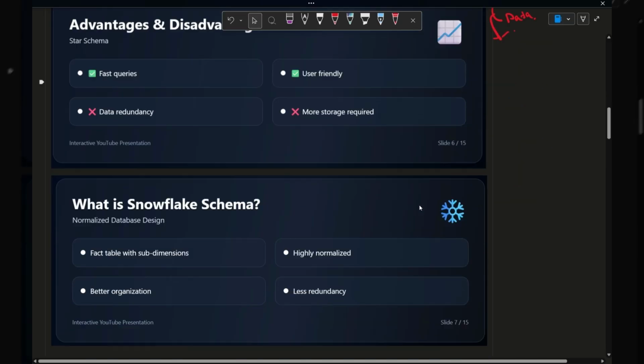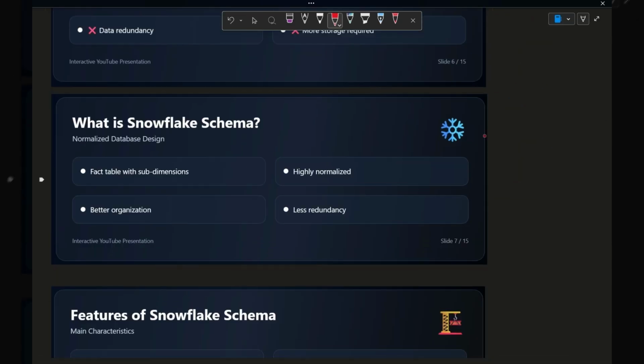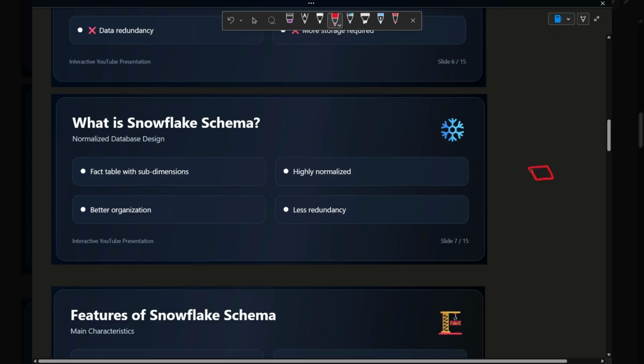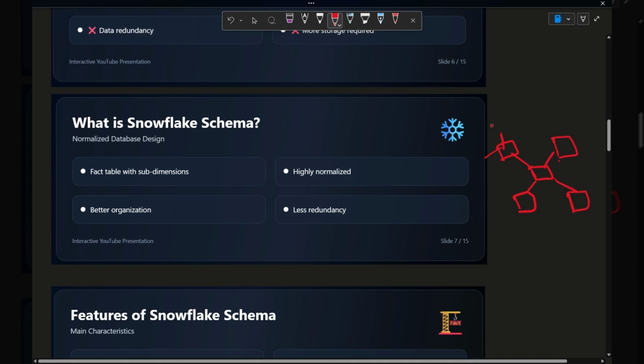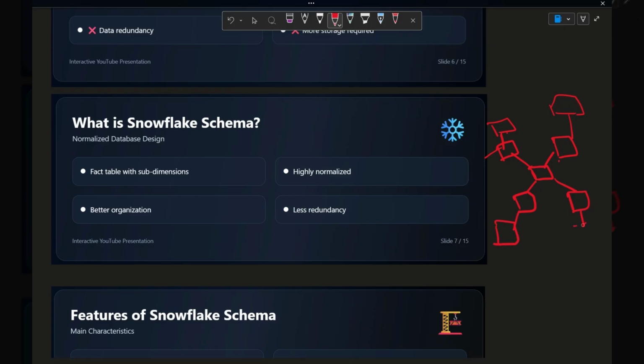So let's move on to the Snowflake schema. As the name suggests, it resembles the shape of a snowflake. There will be a central fact table, there will be dimension tables attached to the one central fact table, and then from here multiple sub-dimension tables will be attached. That is, the data is being normalized, which means the data is split further into more tables,